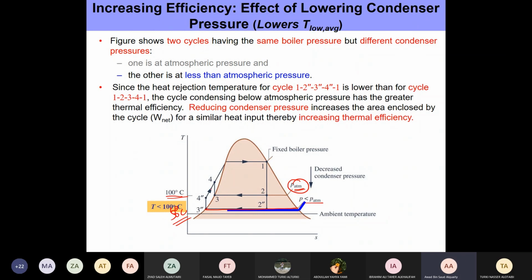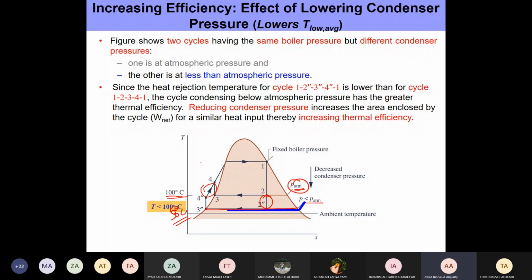Okay, so yes, when we decrease the condenser pressure, we have to provide a little bit more heat input, but we get much more work output out of this change, right? So it's sort of a beneficial thing that we are doing. I mean, slightly more heat input, but much more work output that we can get, and the overall efficiency increases simply by reducing the temperature at which heat is being rejected.